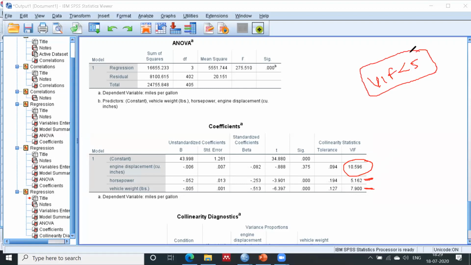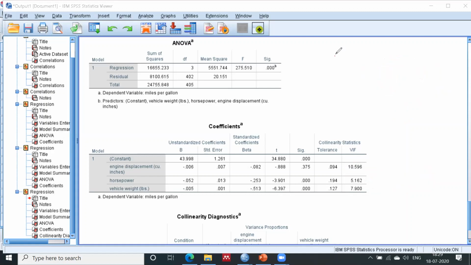As per this rule, I should remove all the IDVs. But if I remove all the IDVs, I cannot run the regression model, because I need at least 2 IDVs in the case of multiple regression, right? But as per this result, all my values are greater than 5. So what we can do now is remove them one by one.